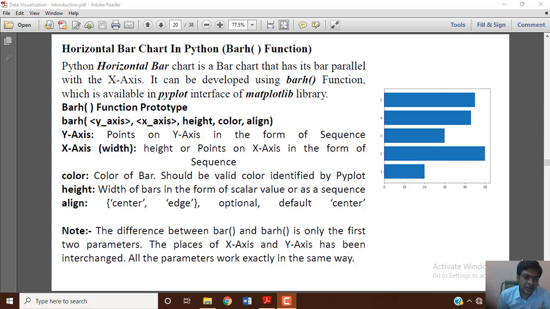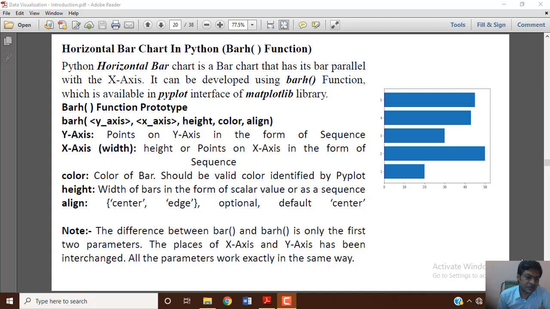In the same manner we saw the bar function, or bar graph. The bar function parameters which we saw are x-axis, y-axis, line weight, color, and align.